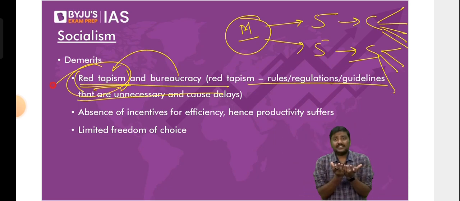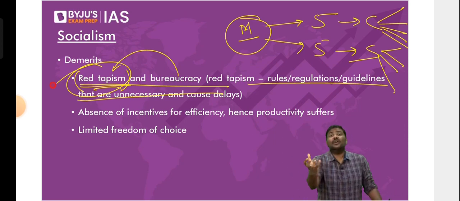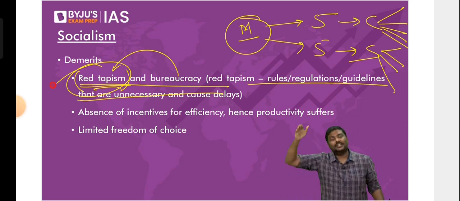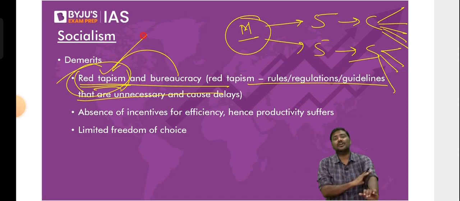Because in the case of socialism, the government does everything. The government doing everything doesn't mean that the prime minister will come and start approving applications. Bureaucrats are appointed, government officials are there. You'll have to keep on running from one government official to another, to the third, to the fourth, which will cause a huge delay. And there is also concern over the corruption which can be caused because of this. A lot of corruption can be caused because of bureaucratic processes.